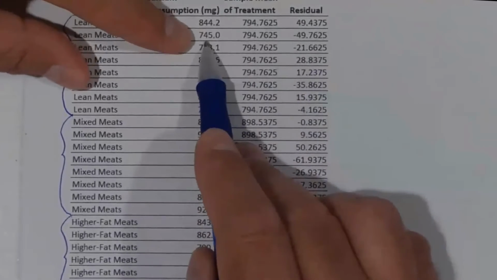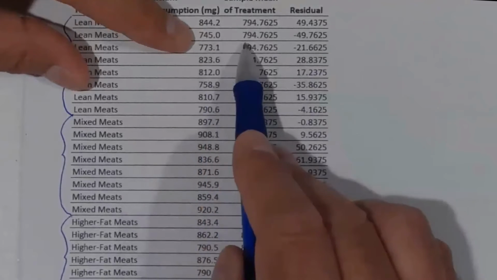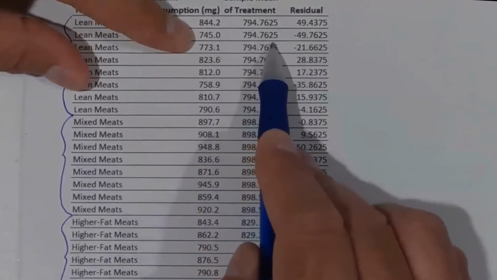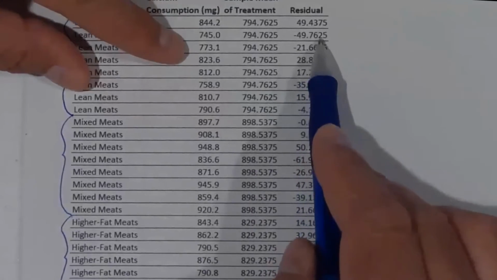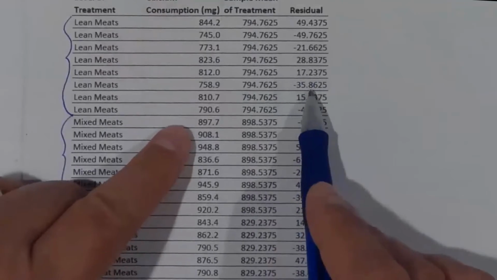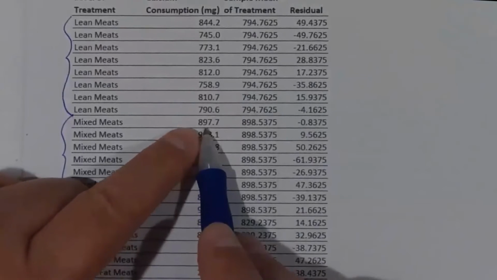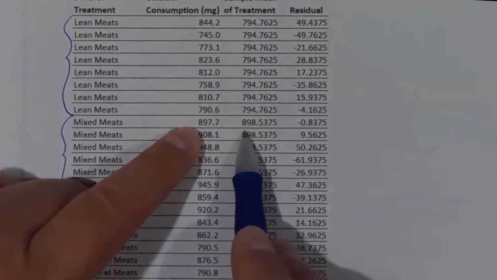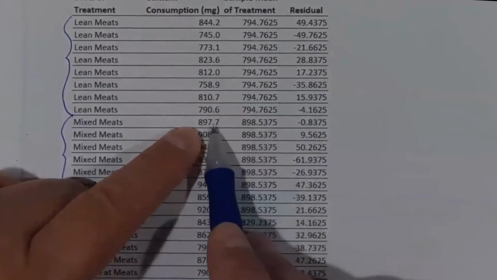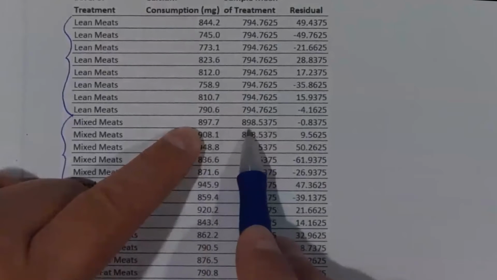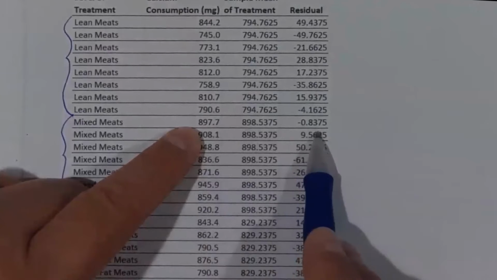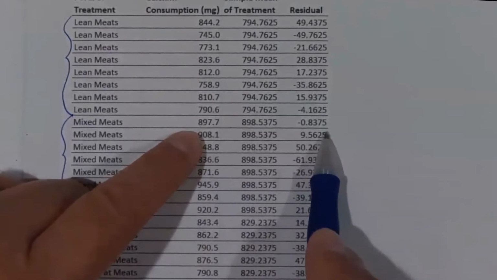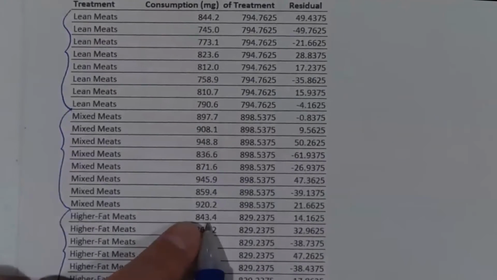And if I do the same thing here, 745.0 minus 794.7625, that is negative 49.7625, and so on. When I get to the mixed meats, I'm going to take the data value minus the mixed meats mean. So 897.7 minus 898.5375 gives me a residual of negative 0.8375. And likewise, when I get to the higher fat meats, I'm going to subtract the mean for the higher fat